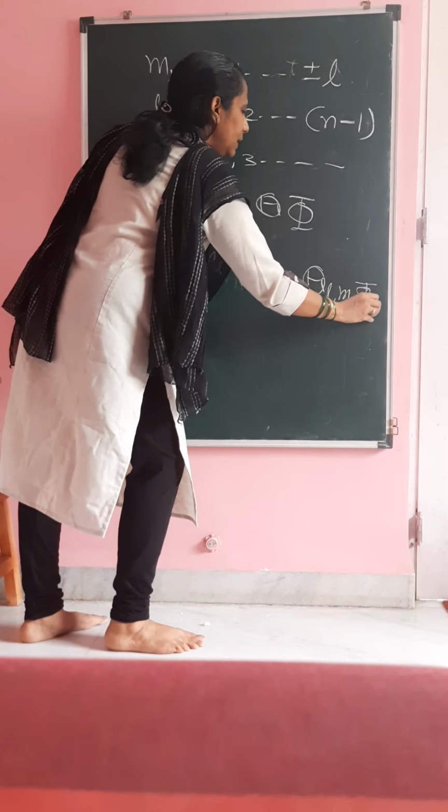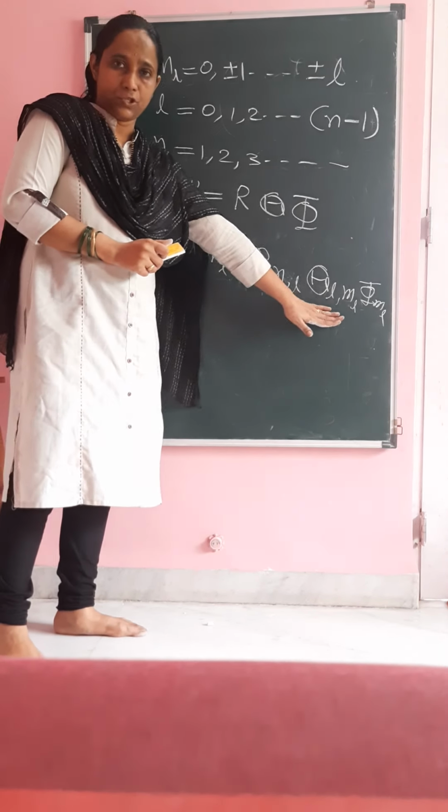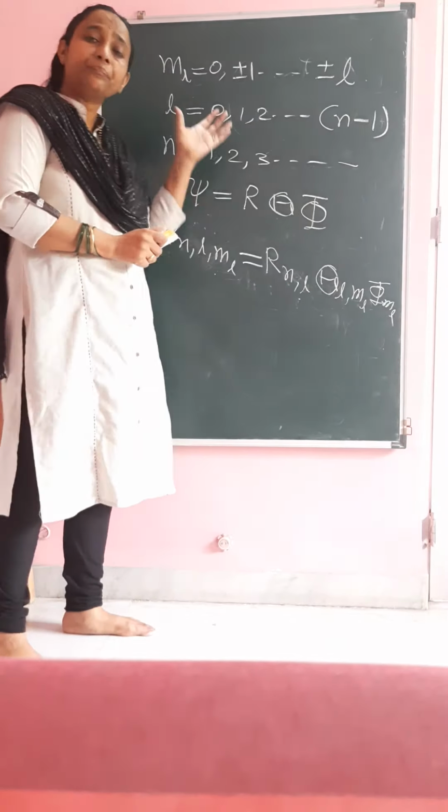Earlier we had the three equations, and we went independently for finding their solutions. Once you get the solutions, we can go for the interrelation of these quantum numbers in terms of the wave function. So psi n l ml will be expressed in terms of this. Now this is in general, but we can take some examples that will make it very clear how you can write down these states. These are the terms in which we can express the state of the particle or the state of the electron. For that, I'll take only two simple examples.